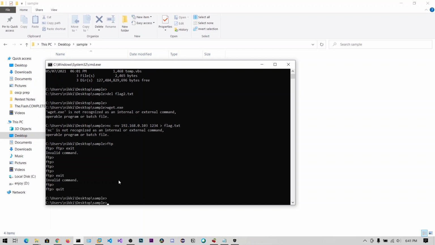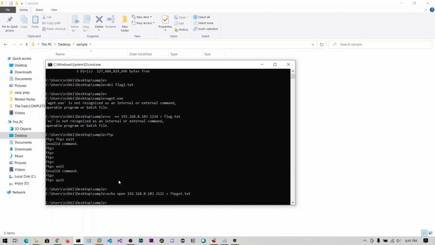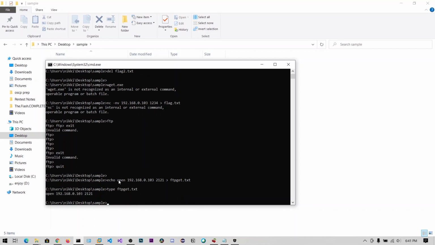okay, now what you can do is you can say echo open 192.168.0.103 and 2121 and push this to ftp get.txt. Type ftp.